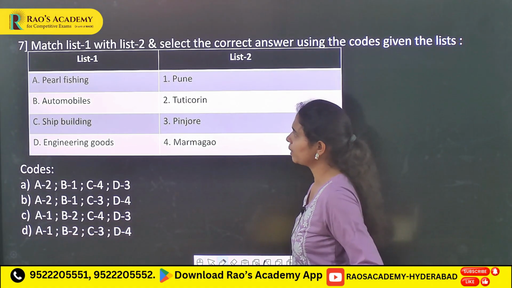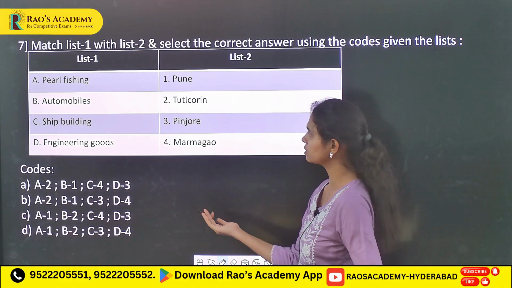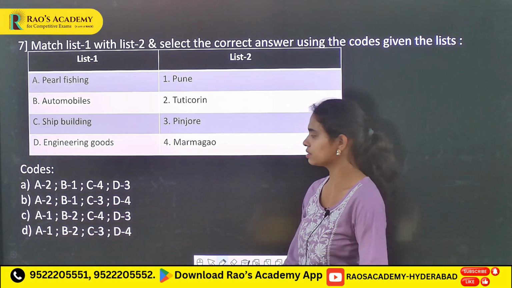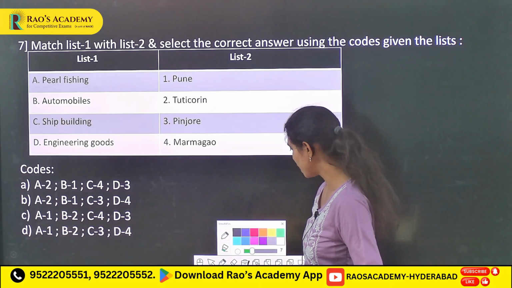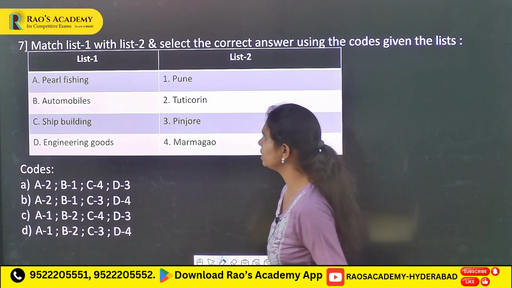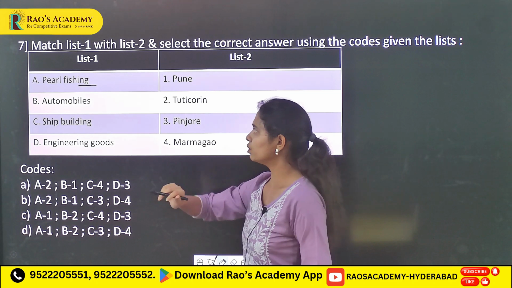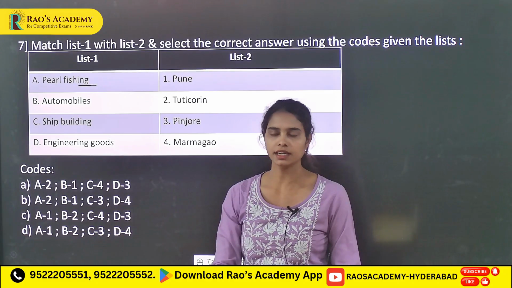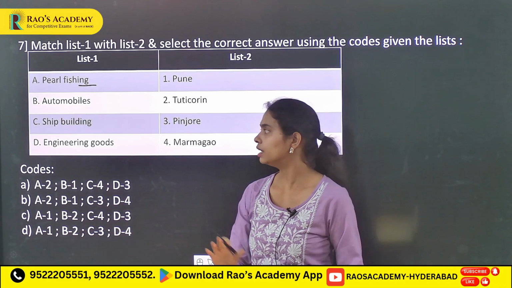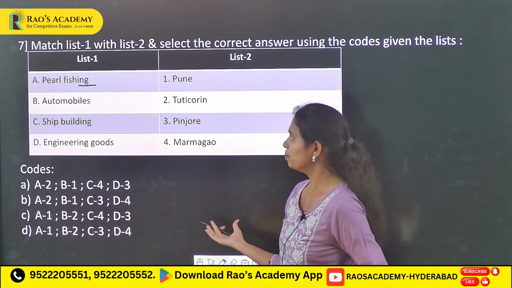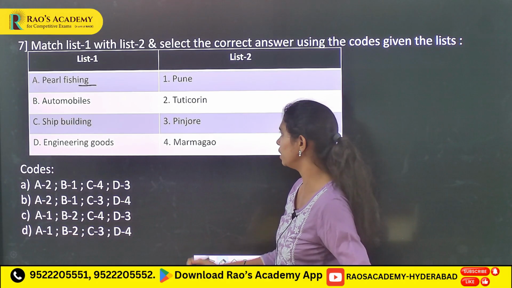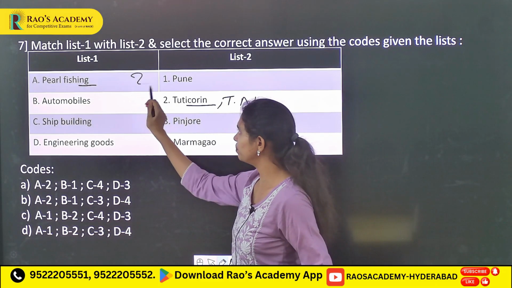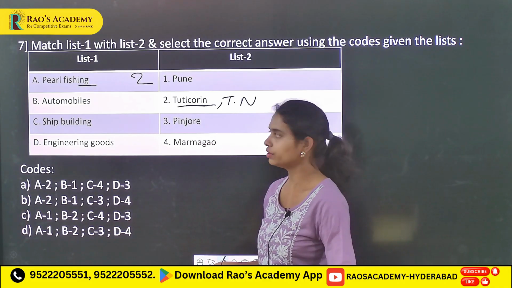Then followed by, here it has given on one side the different products and on the other side different industrial centers, and it has asked us to match these two. So in the case of pearl fishing, where you will see a lot of pearls, usually in India it is in the Gulf of Mannar of Tamil Nadu, and it has been located in Tuticorin. So pearl fishing will be observed in Tuticorin of Tamil Nadu, followed by